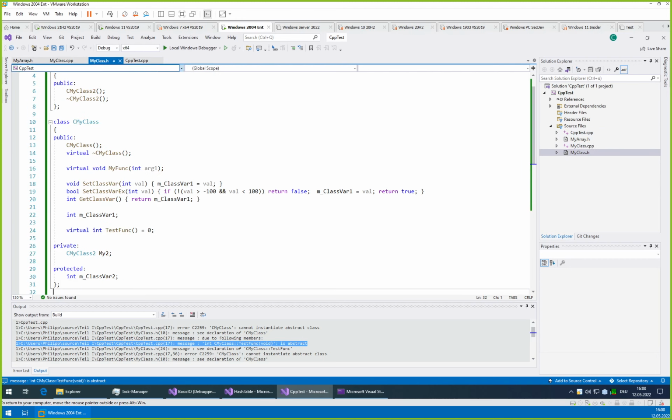So this strategy can be very useful, for example, if you want to create some base class which should just provide an abstract interface without caring about implementing any variation of this interface.